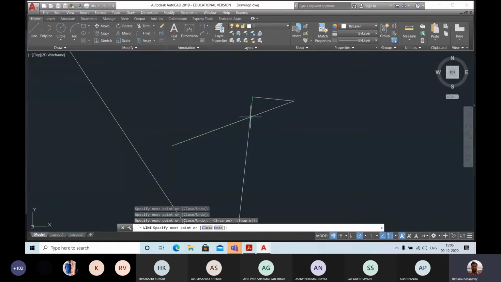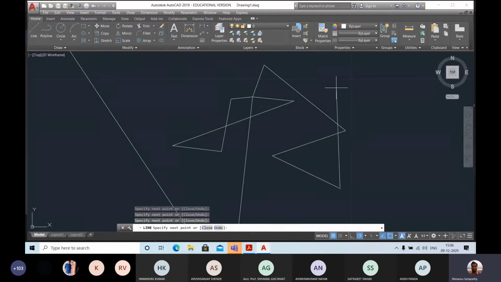The function key F3. When you switch this off, you can see I just switched off object snap F3. Now I could not find this box. Can you find this box? No. So this F3 is always required for our two-dimensional drawing. We need this F3 to know the starting or ending point. Okay. Similarly, you can see I can draw inclined line easily.